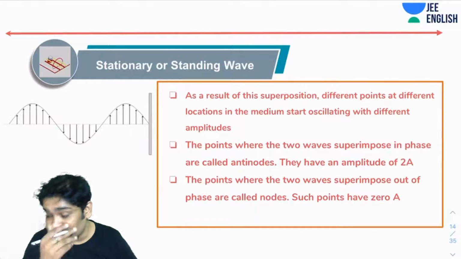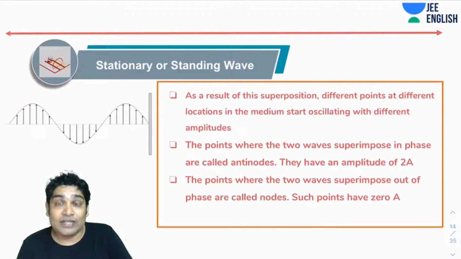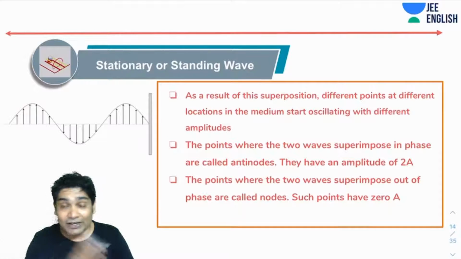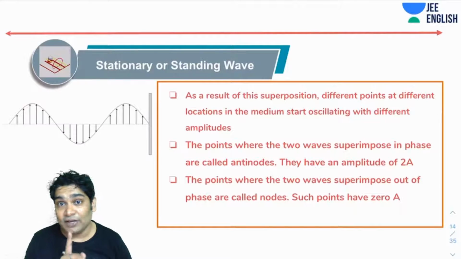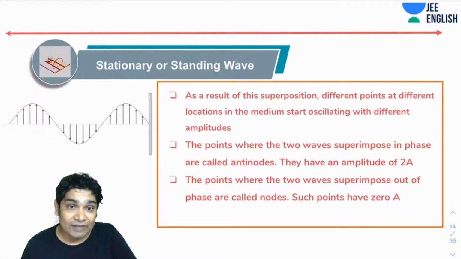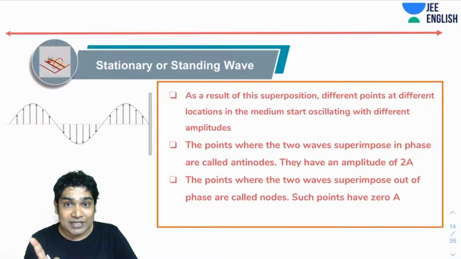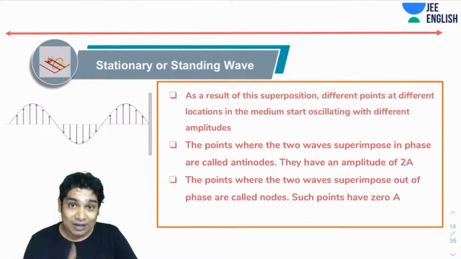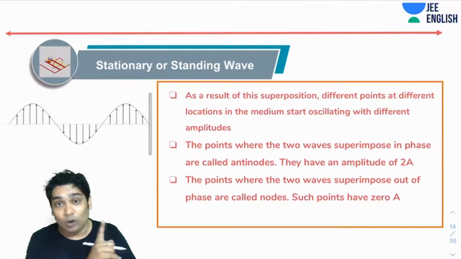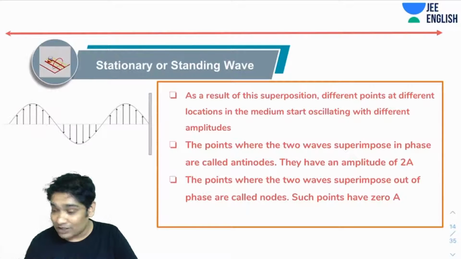So as I was saying, as a result of this superposition, different points at different locations in the medium start oscillating with different amplitudes. So this is where you will find a striking difference from a traveling wave. You remember, in a traveling wave, all the points were performing SHM, but with the same amplitude. On the other hand, in standing waves, though all the particles are performing SHM,